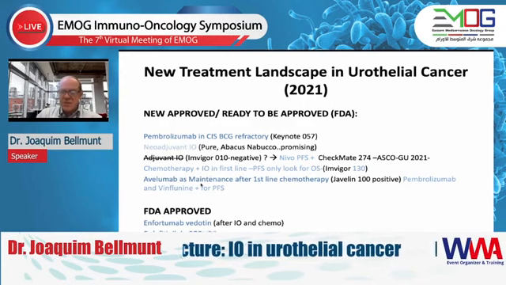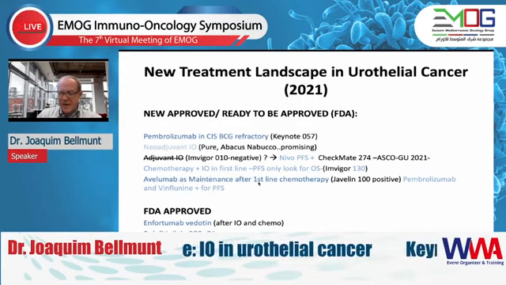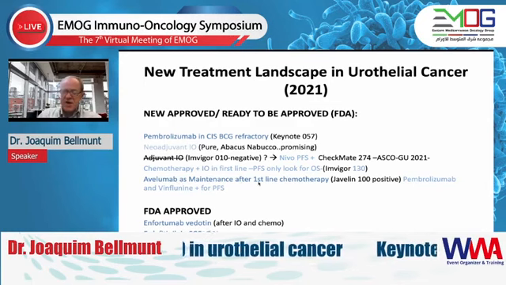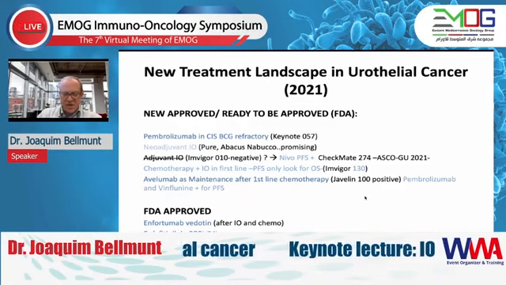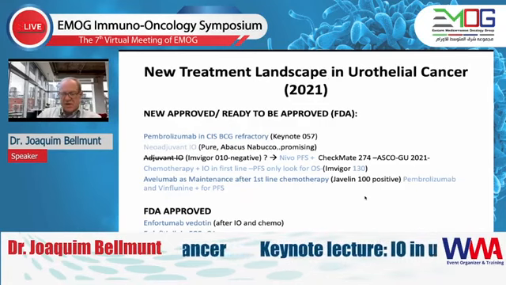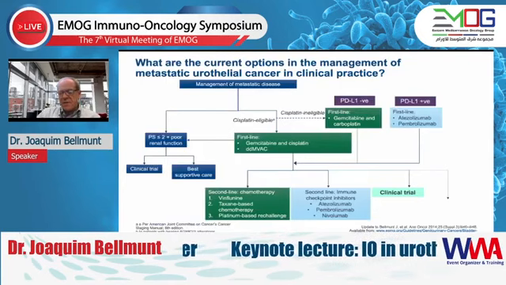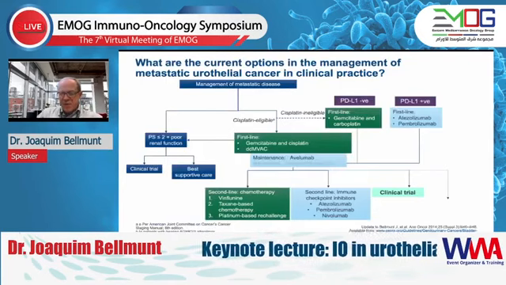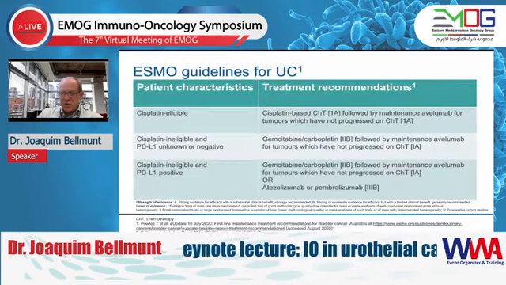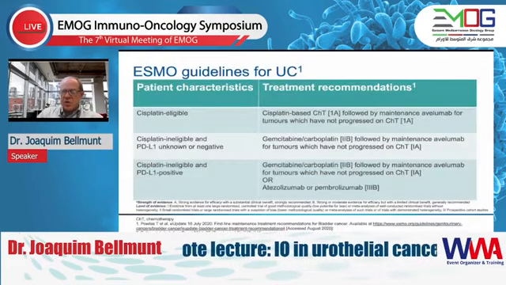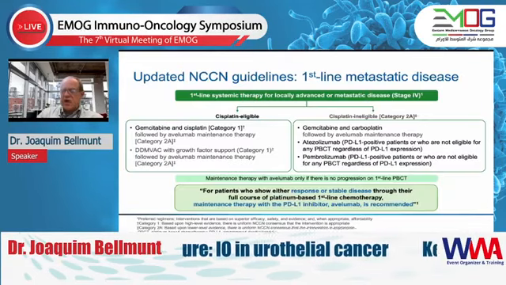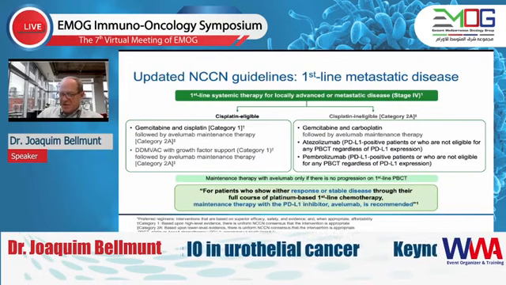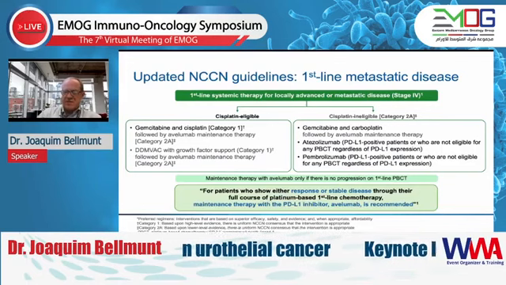We have seen this 7 months difference in survival using avelumab maintenance after first-line therapy in patients who are responding or having stable disease. Some data for pembro and bempegaldesleukin in the maintenance space, and finally, these 2 new targeted therapies, enfortumab vedotin and erdafitinib. So those are the guidelines that have been modified to add avelumab, and also this is now the new version where the maintenance avelumab has been implemented. In the US, we have enfortumab vedotin, and we have erdafitinib, and also we have the maintenance avelumab